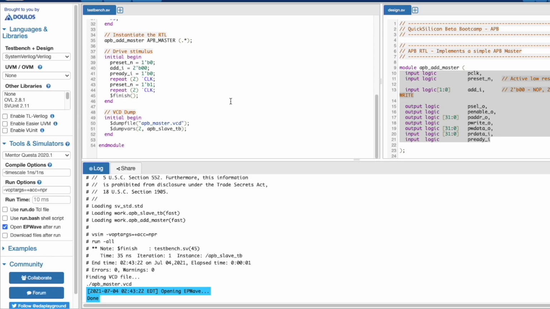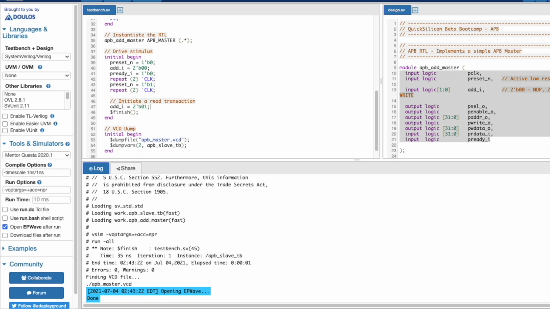So let's first initiate a read transaction. How will we do that? By making sure that our add_i is equal to 2'b01.